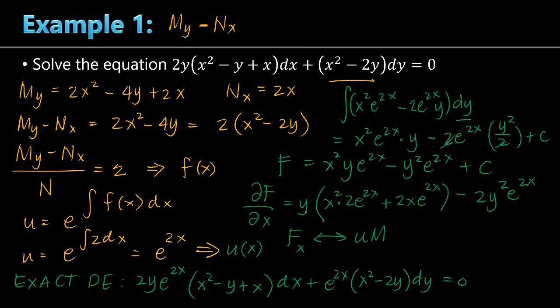X squared y. Ito yun. X squared y. May multiplier na 2. E to the 2x. Ayun, e to the 2x. Tapos dito, meron akong 2x e to the 2xy. Meron ba ako ditong ganyan? 2x e to the 2xy. Meron. And then, meron din akong 2y squared e to the 2x. Meron bang ganyan? Yes. Ayun, minus 2y squared e raised to 2x. So, this